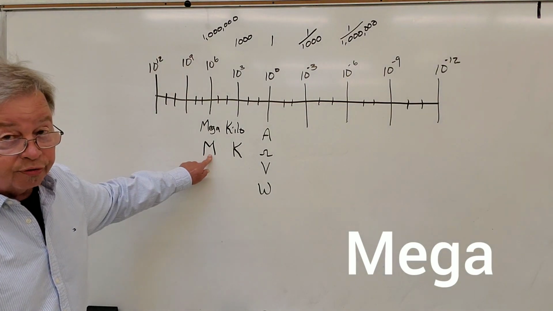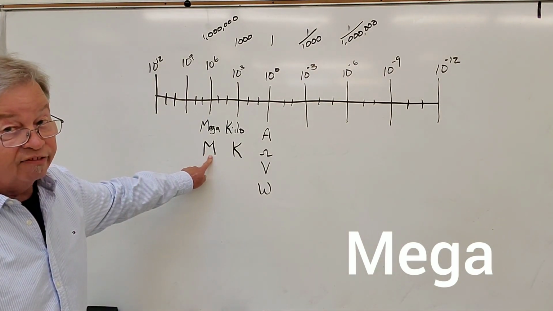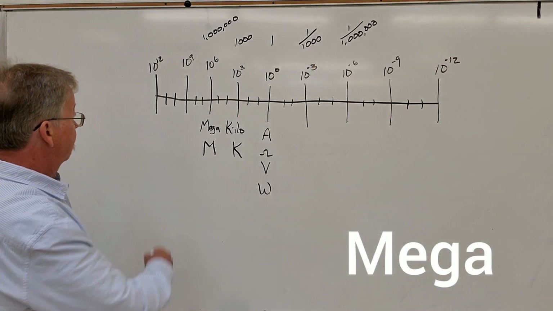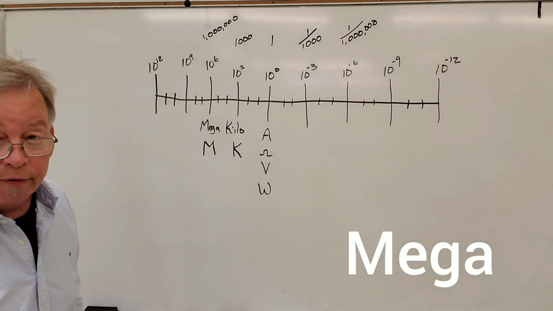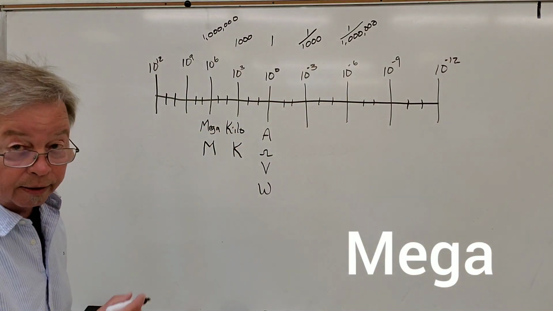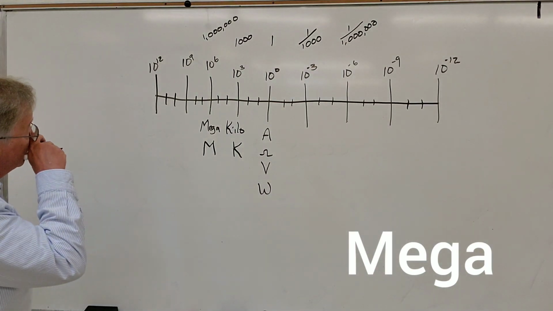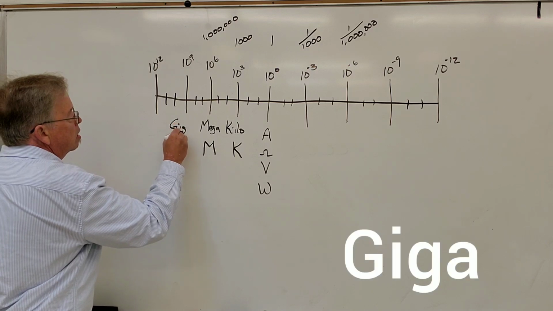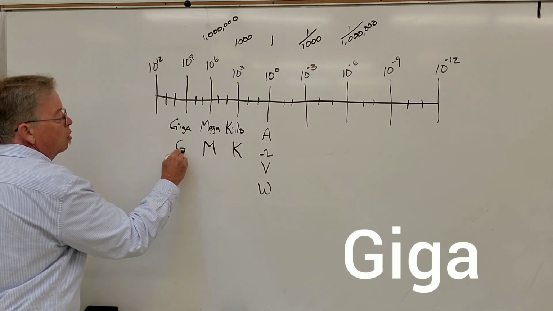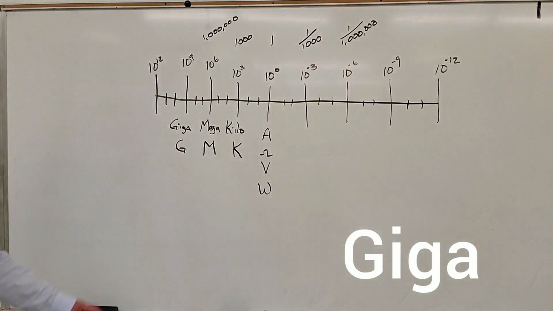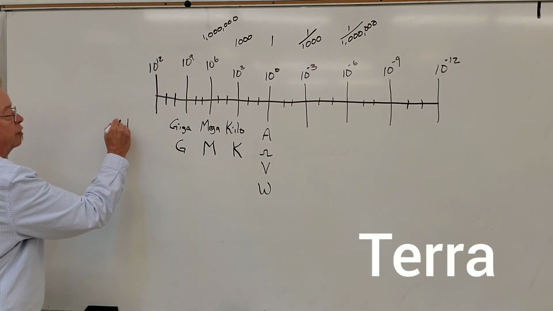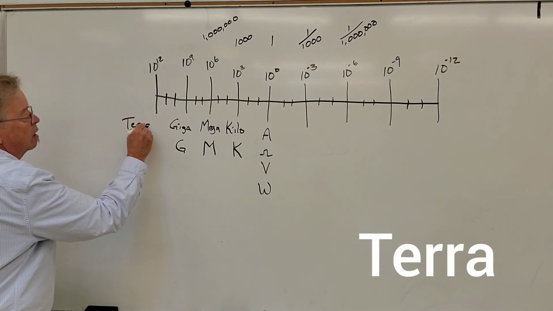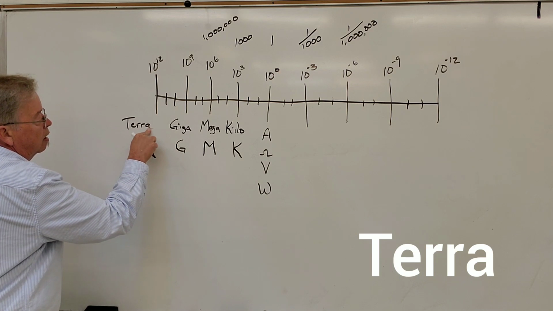It's important that my mega have pointy tops. I don't care how big you make that M, if it's got rounded tops, it's not going to be a mega, okay? And so after mega, we get to giga, which is the capital G, and then we move out here to tera, which is a